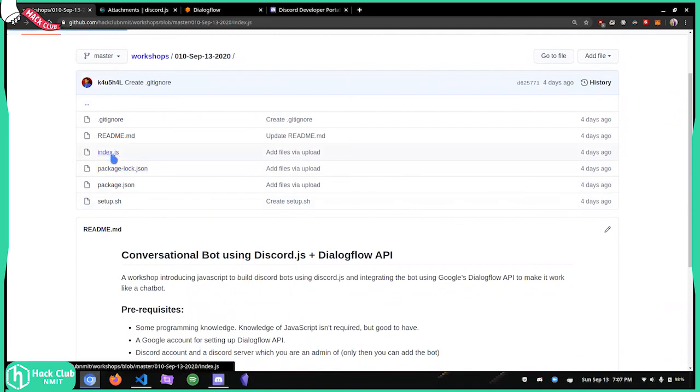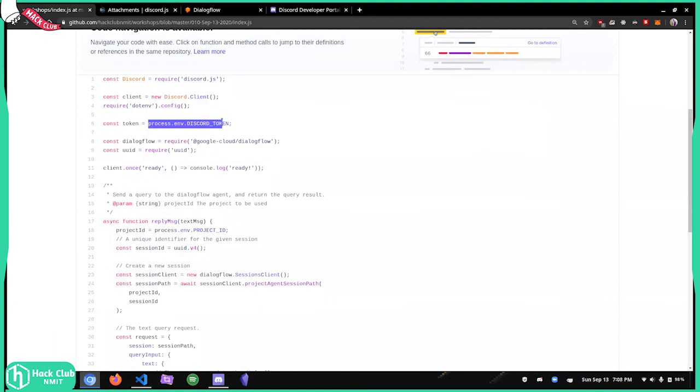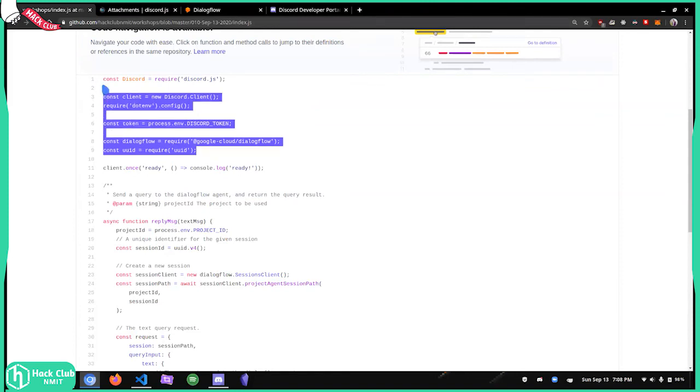Even if I explore my index.js, you can see this process.env.DISCORD_TOKEN, which means that I have made use of an environment variable from .env. So a random person going through my code and my Git repository can't actually see my token. That way I've hidden it from all others, so people can't make ill use of my API keys.